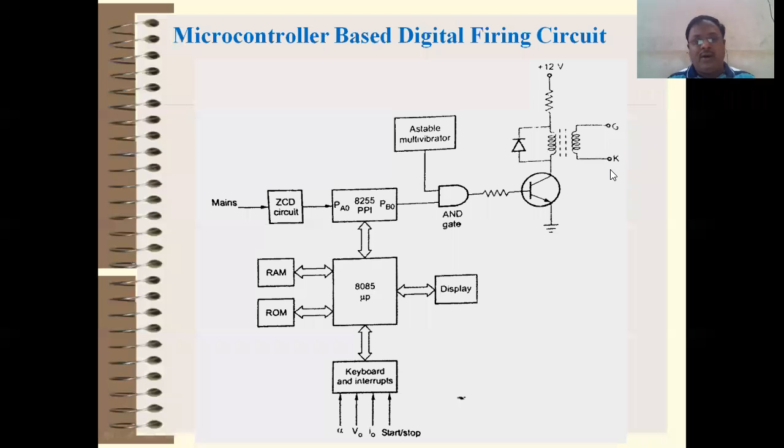First of all, what kind of pulses are required? That should be important. So the pulses having a sufficient amplitude and sufficient time duration, so that the SCR turns on properly. Keep this in mind and remember this theme forever,